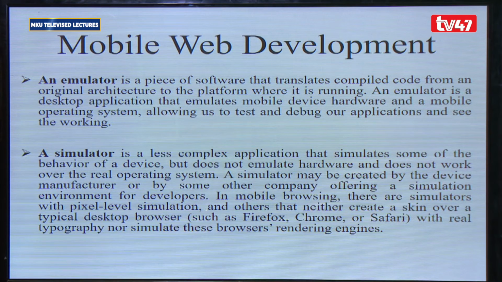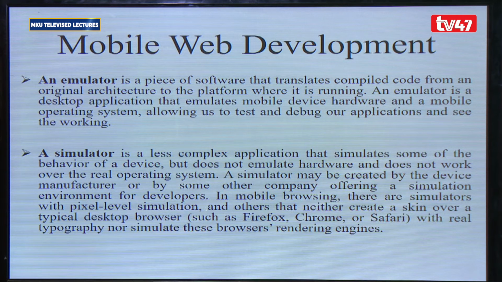The next thing is the simulator. A simulator is a less complex application that simulates some of the behavior of a device, but does not emulate hardware and does not work with the manufacturer or some other user. Let me just explain a simulator.